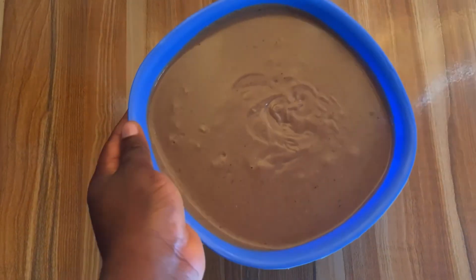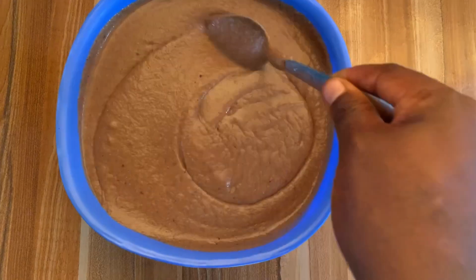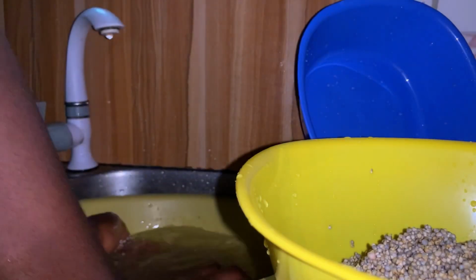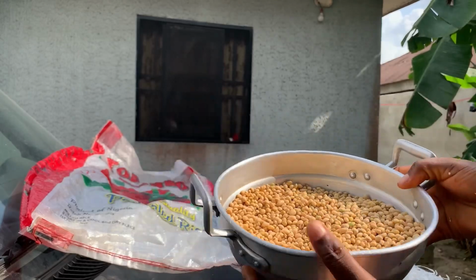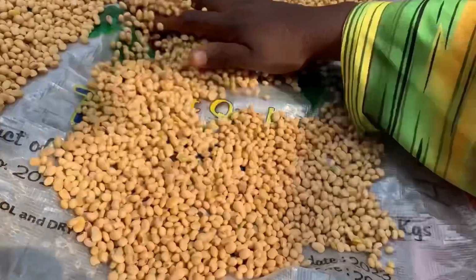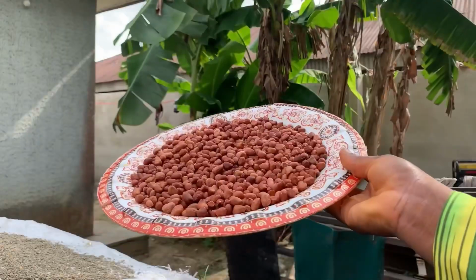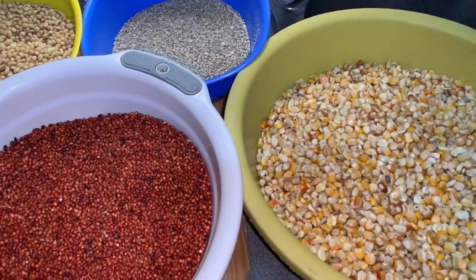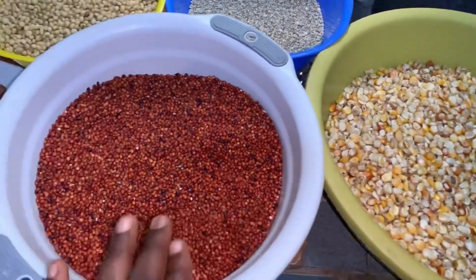This is beautiful. This is Tom Brown. Soya beans. So all of this have been properly washed and dried. This is the corn, the